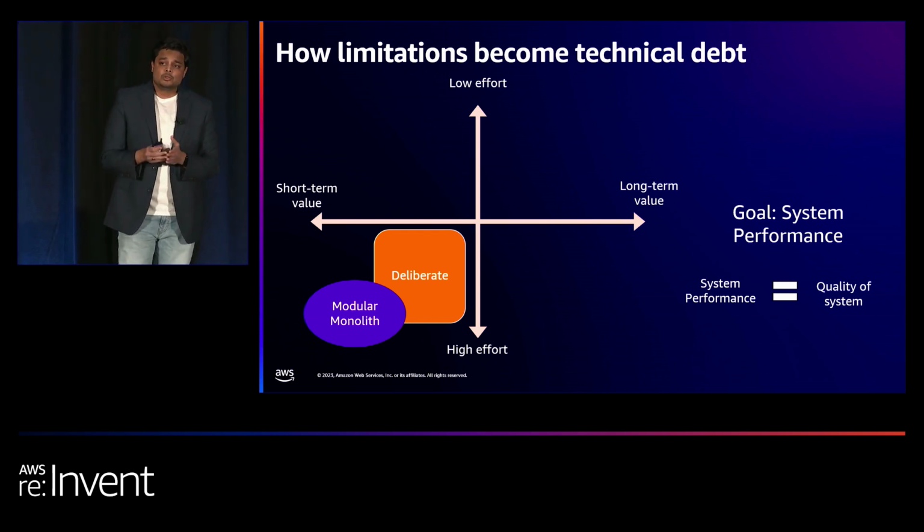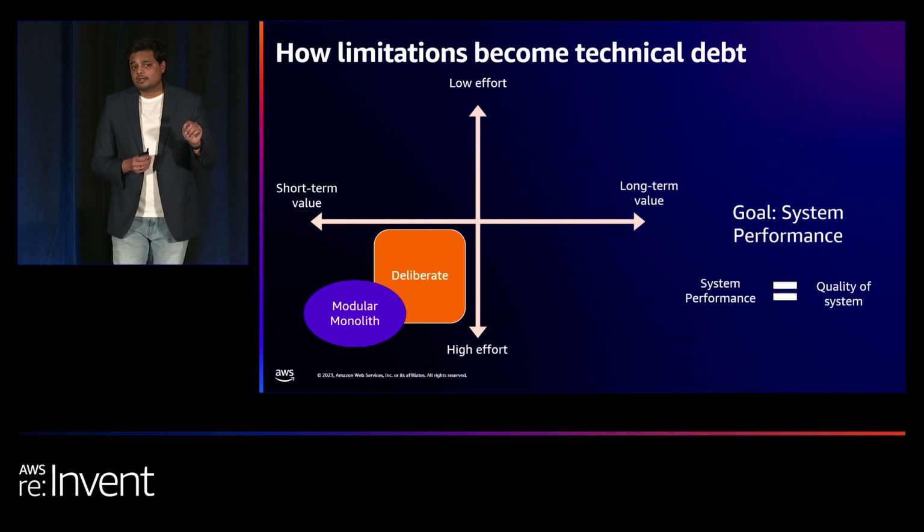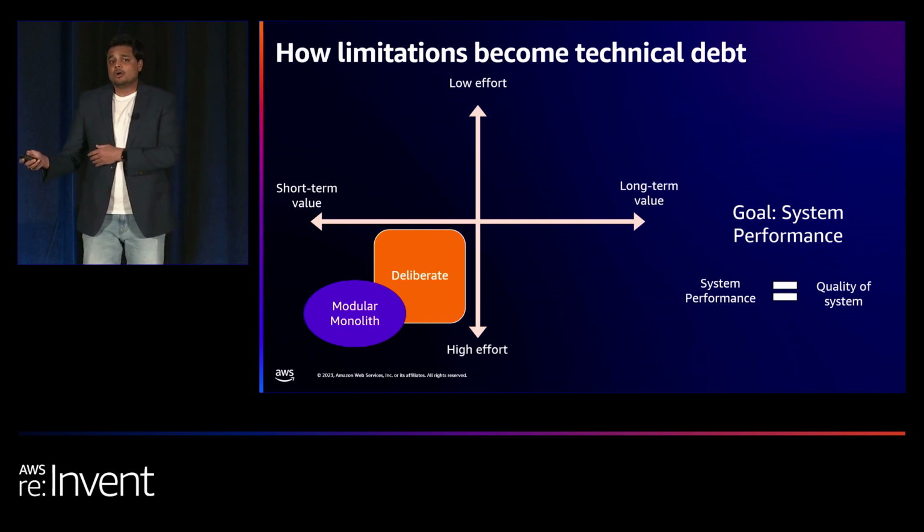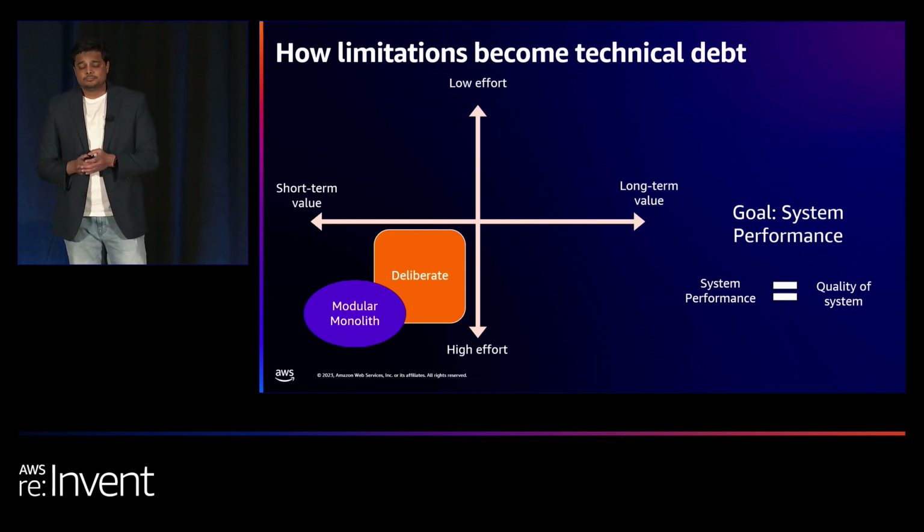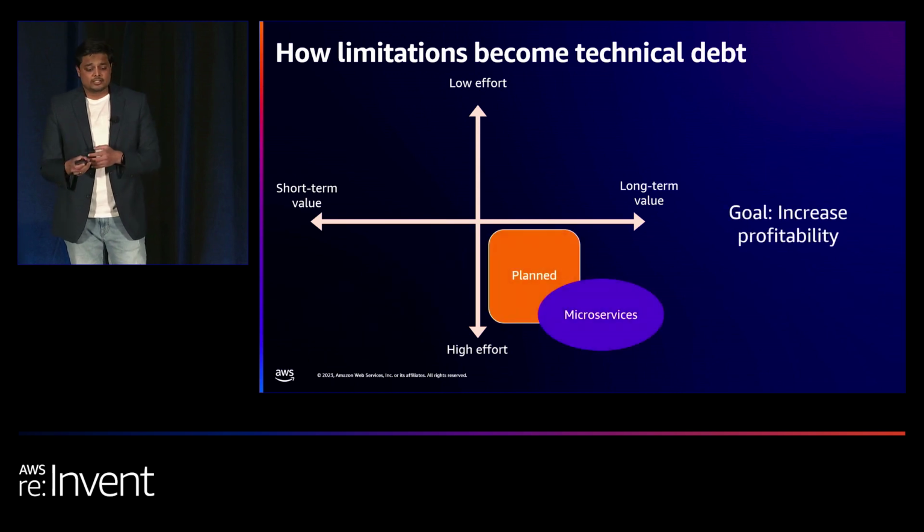You won't be able to scale that system to meet the new user demand. And at that time, you need to have the right visibility. And then you need to address that architecture technical debt using something called modular monolith. So it allows you to scale your system. So you're paying off that debt, and eventually, as you scale further, probably you have new lines of business, you have new products and offerings,